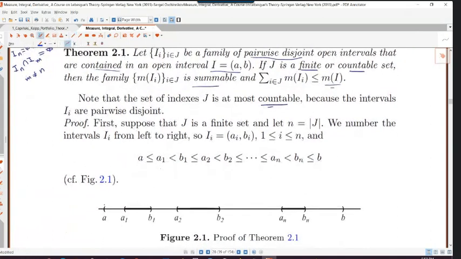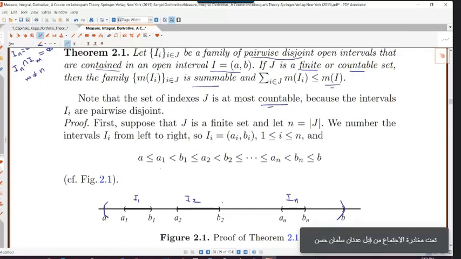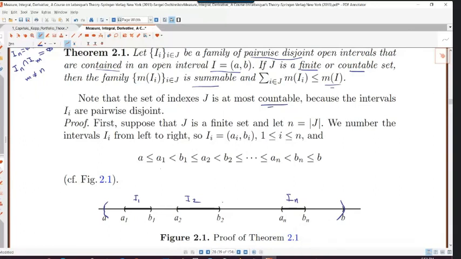Okay, here we have A to B. This is A1, A2 to IN. Each two of these intervals are disjoint. Okay, so A1 is greater than or equal to A